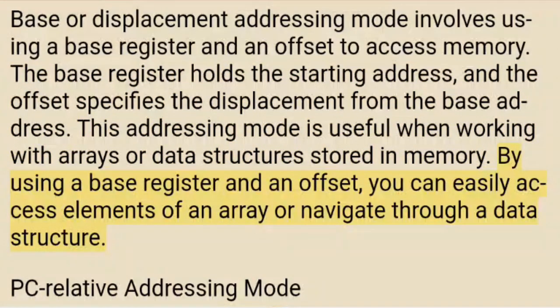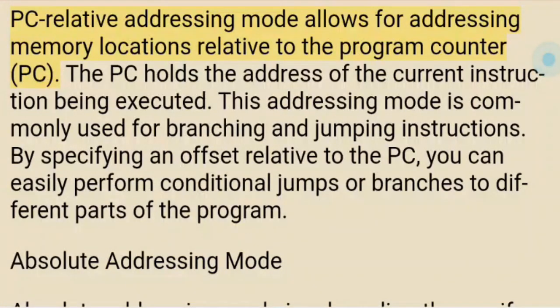By using a base register and an offset, you can easily access elements of an array or navigate through a data structure. PC relative addressing mode. PC relative addressing mode allows for addressing memory locations relative to the program counter, PC. The PC holds the address of the current instruction being executed. This addressing mode is commonly used for branching and jumping instructions. By specifying an offset relative to the PC, you can easily perform conditional jumps or branches to different parts of